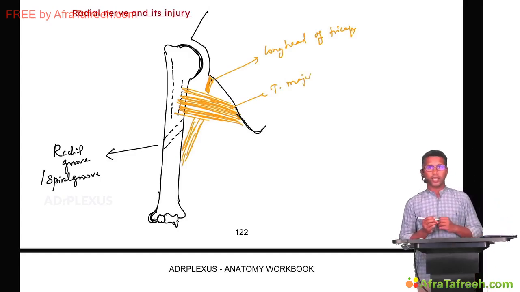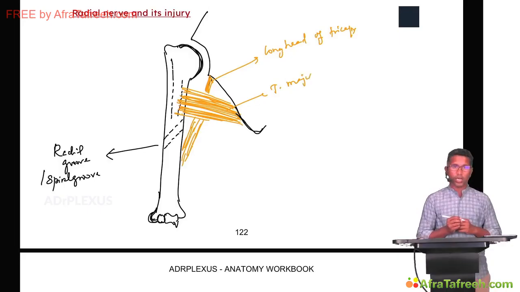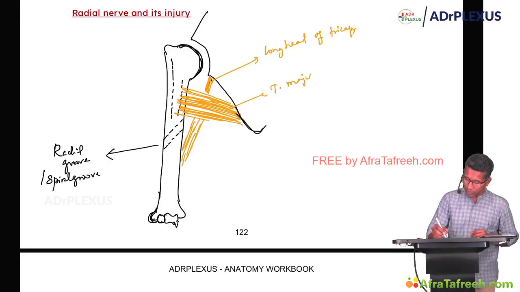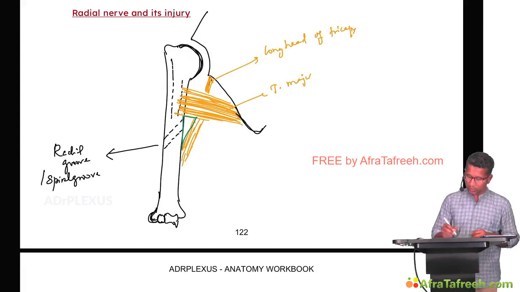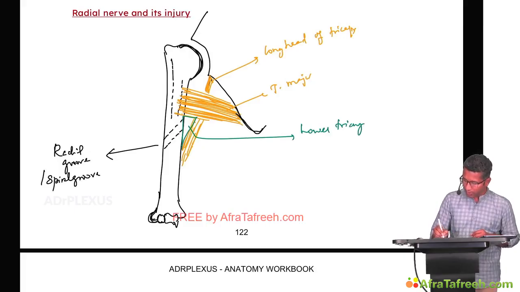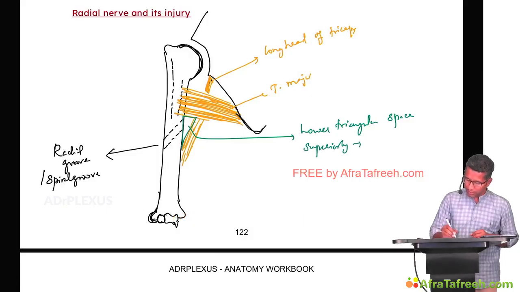Now you get a triangle in this area. This triangle is called the lower triangular space. Now what does this triangle represent? This triangle represents the lower triangular space. And what are the boundaries of the lower triangular space? The lower triangular space is bounded superiorly by this muscle. So this is teres major, and it is bounded on the medial side